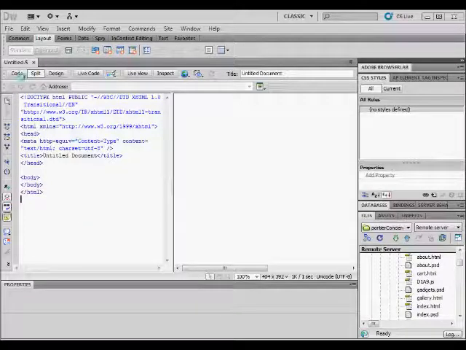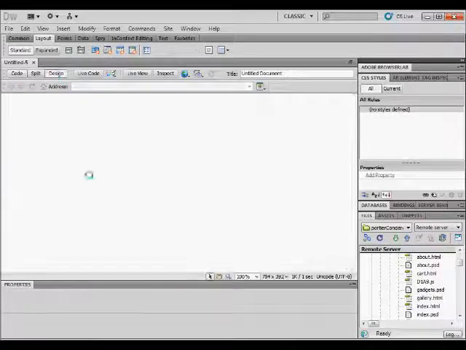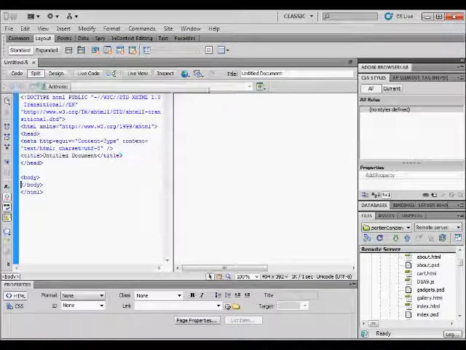Now we can either switch to Code View, where we work in HTML and it's much like a text editor, or straight Design View that works a lot like your word processor, something like Microsoft Word. Now it's good when you're getting started in web design to work in split screen view right here, because when you type things out in the Design panel,